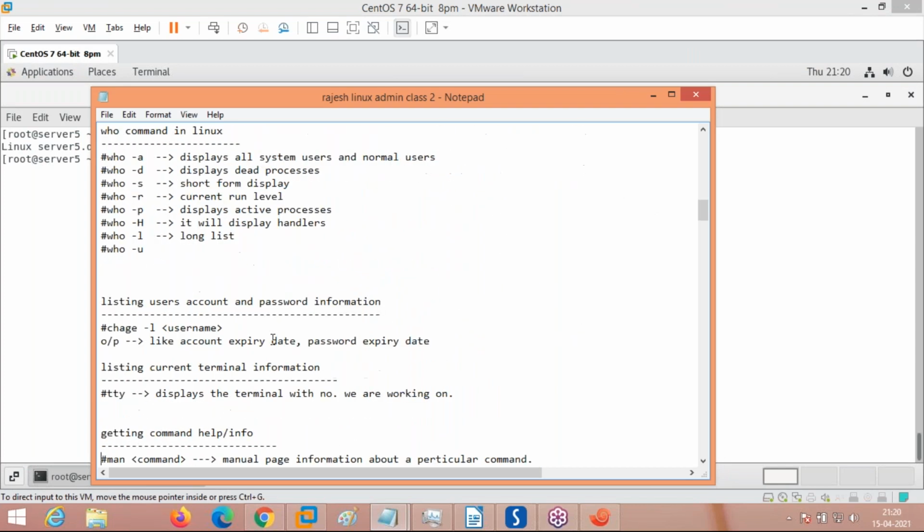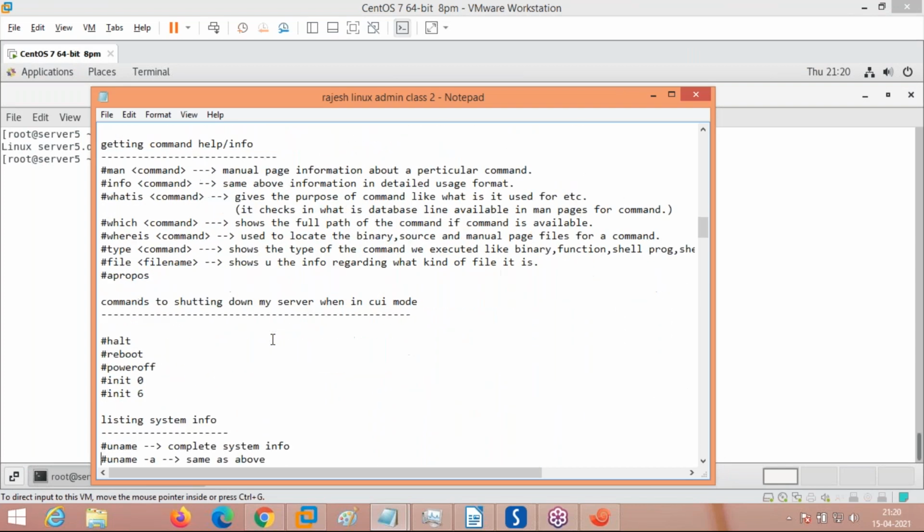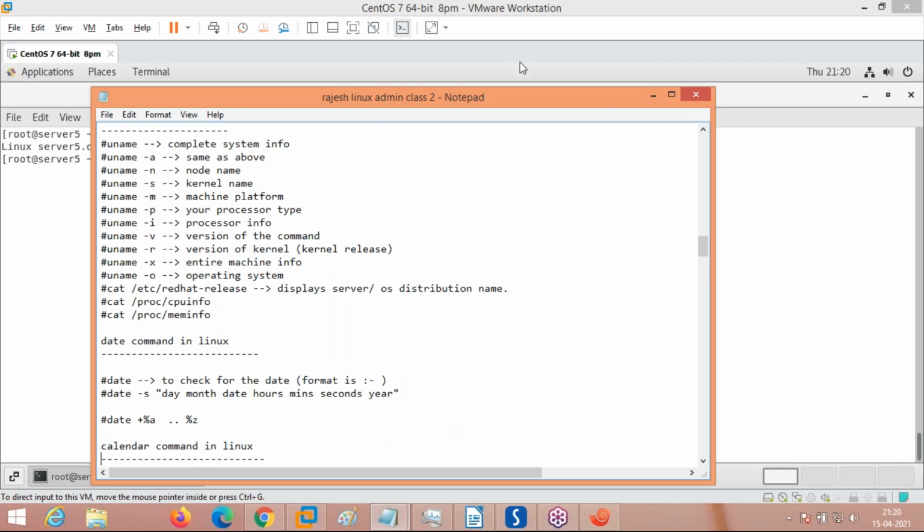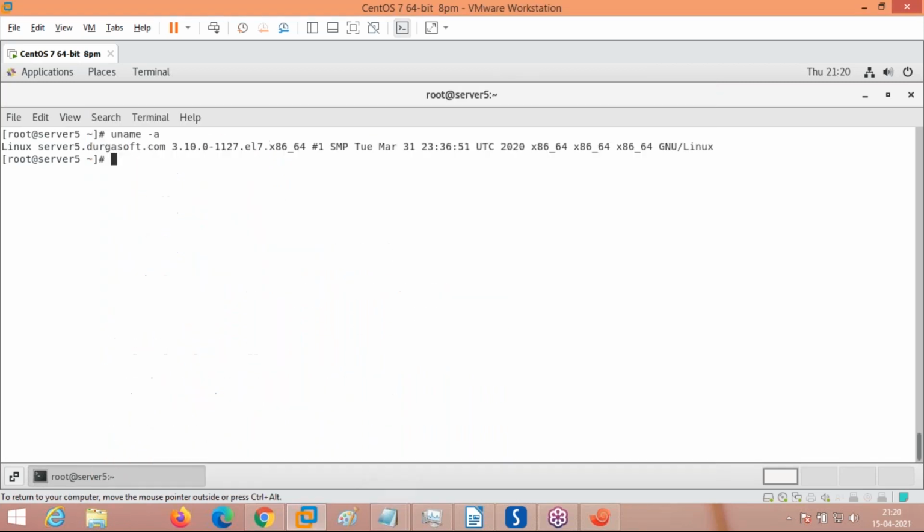We have seen who -a, we have seen the man command. The uname command gives complete system information about the processor and everything else. What is the type of operating system? We can also check like this: